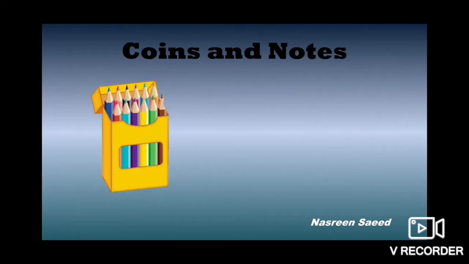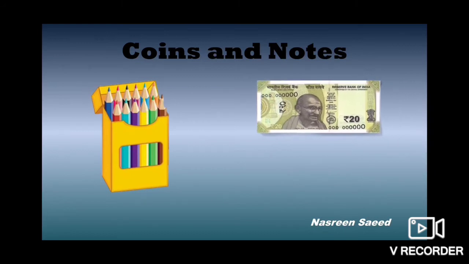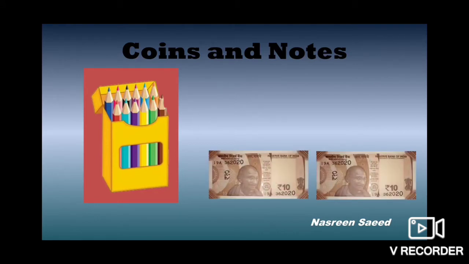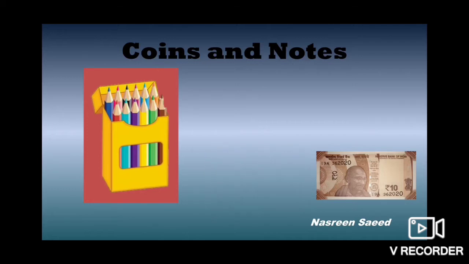Let's take an example and understand. Suppose I want to purchase a color box. The cost of the color box is 10 rupees, but I have 20 rupees with me. The shopkeeper is not having change. So what I'll do, I'll go home and change my 20 rupees note into smaller ones. So the 20 rupee note will have 2 10 rupee notes. So now I can give 1 10 rupee note to the shopkeeper and purchase the color box. This is the meaning of exchanging the big note into small ones.